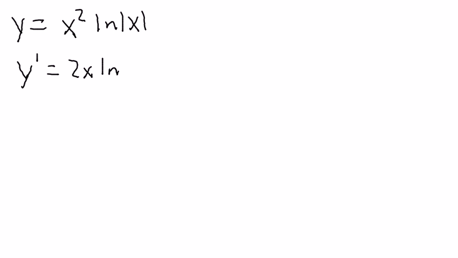Let's take one involving product rule. Let's say I have y equals x squared times the ln of x. You can't simplify this at all. We just have to use product rule. That's all we can do with it. So y prime is going to be the derivative of x squared, which is 2x, times the ln of x. And then you're going to add to that the derivative of ln of x, which is 1 over x, times x squared. We'll simplify that second statement, so I get 2x ln of x